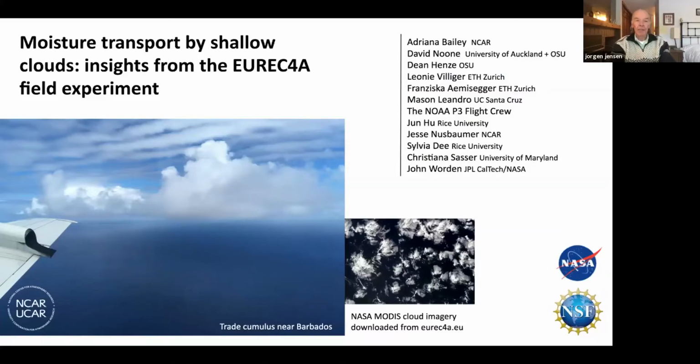Adriana is the lead PI for a NASA ROSES project on shallow convective mixing, precipitation processes, and their influences on low-level clouds. For the Eureka 4A project, she was a collaborator, but she really functioned in a PI role. Adriana has received a very large number of awards, and she is very involved in science organization and collaborations. Most recently, she has become co-chair of the US CLIVAR Working Group on Water Isotopes.